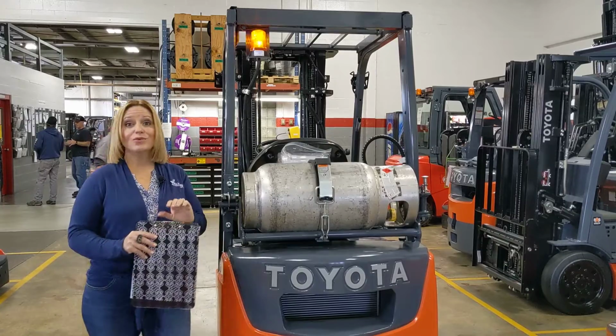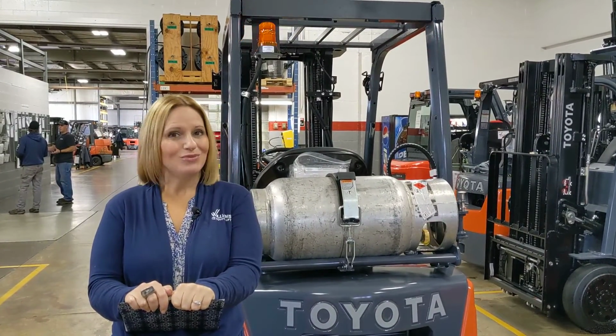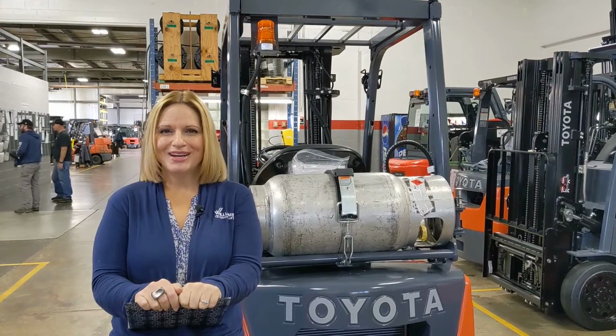As I mentioned, this forklift is here, it is in stock, and it is ready for immediate delivery. So if you have any questions, or you'd like to demo this truck, or you're just ready to buy, give our sales team a call at